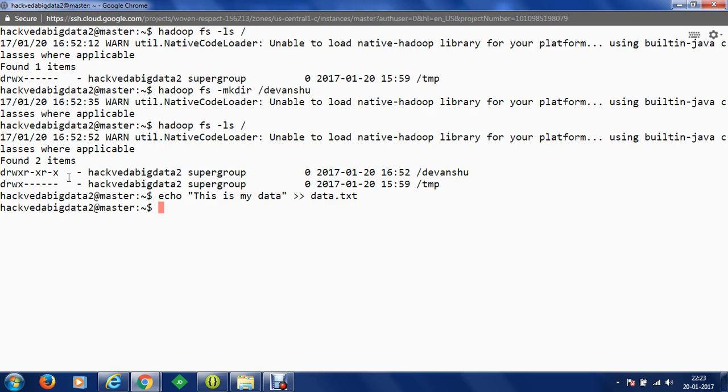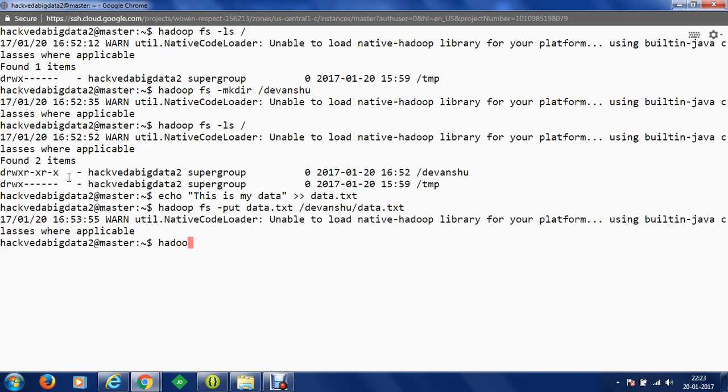So now I have a data.txt file, and if I want to put this data.txt from the Linux file system to the Hadoop file system, I can simply execute the command hadoop fs -put. We can put data.txt from the current directory into slash with the name data.txt. In case you want to put this under the Devanshu folder, we can do that as well. So let's just put that.